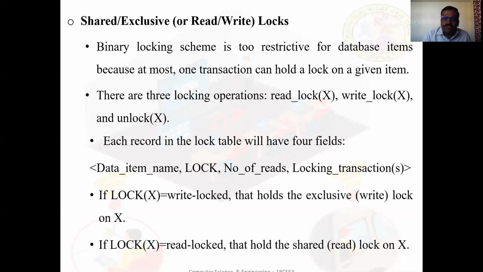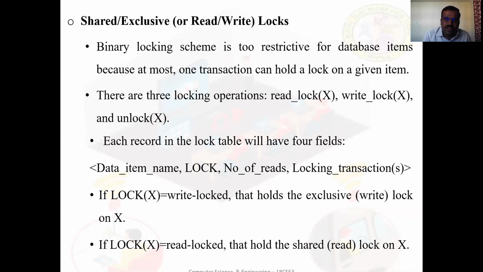There are three locking operations: read_lock(X), write_lock(X), and unlock(X). A read-locked item is also called shared locked, because other transactions are allowed to read the item. Any number of transactions can read the data item.